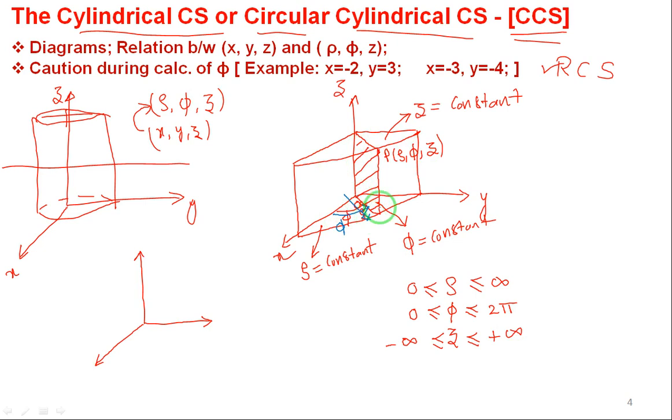It already has radius rho. If this phi equal to constant plane, whatever I have drawn here, rotates by 360 degrees, naturally in circular fashion, if I take any book, let me take this phi equal to constant plane as one book here. If it rotates by 360 degrees, a cylinder is formed or not, right? It is having some height z, and if it rotates, it will form a cylinder. Is it fine? If I use these limits of rho, phi, and z, then a cylinder is formed, right? Okay, I will show that constant plane here separately, so that you will be in a position to understand it clearly.